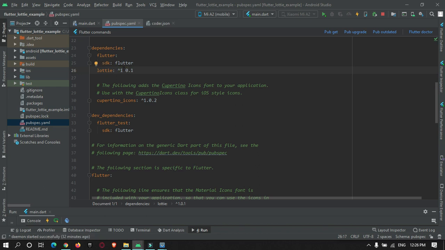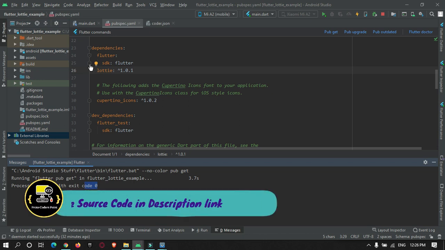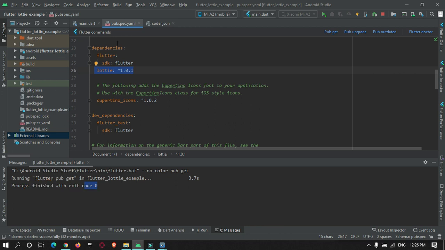After adding this library, just hit the pub get button. This will download the package into your Flutter external libraries. As you can see, the exit code is 0. That means this library has been successfully added to your Flutter project. So now you can use it.